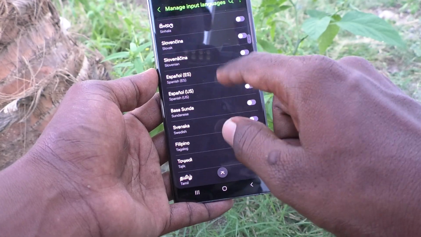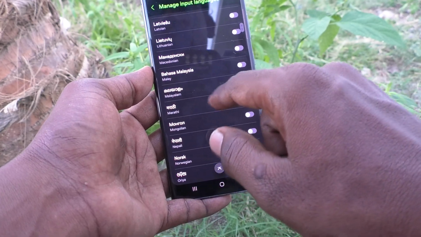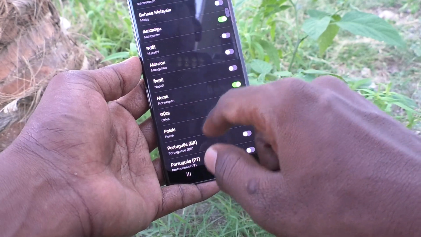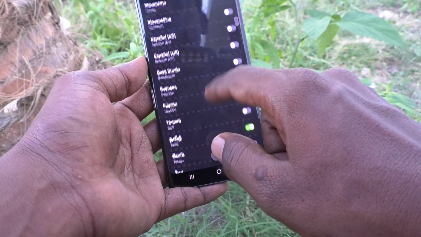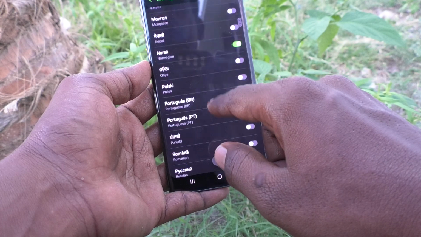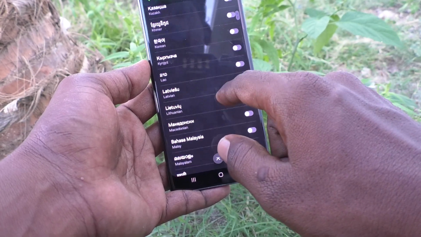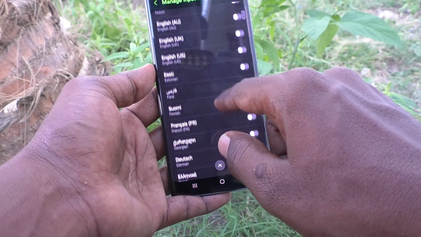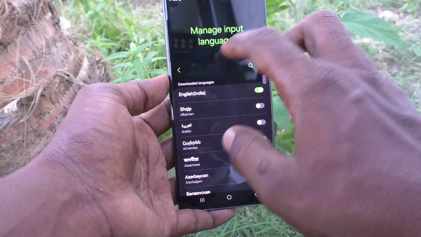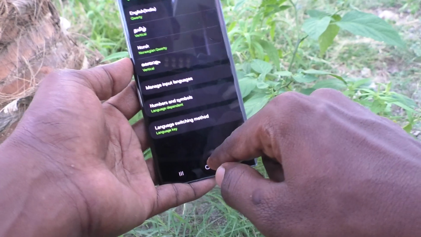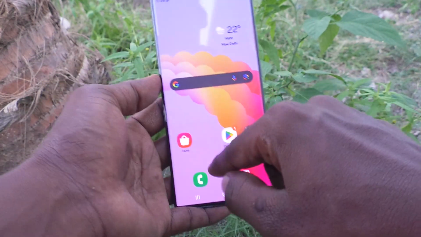Okay, and also Tamil I have selected, Malayalam, Tamil, this language, not Korean. So 4 language I have already reached, and go back and then go to the typing